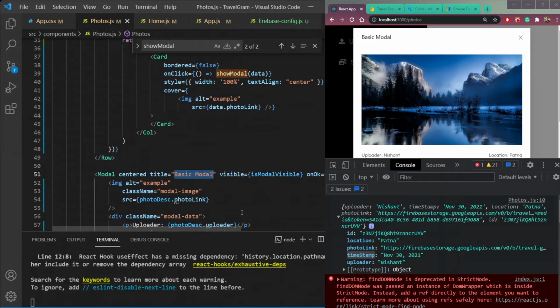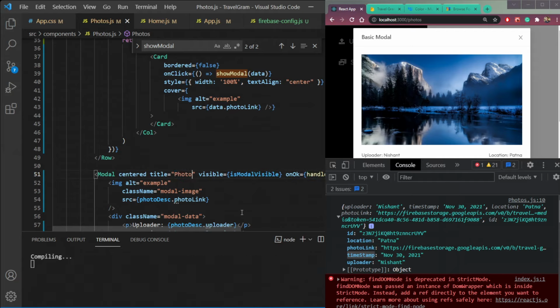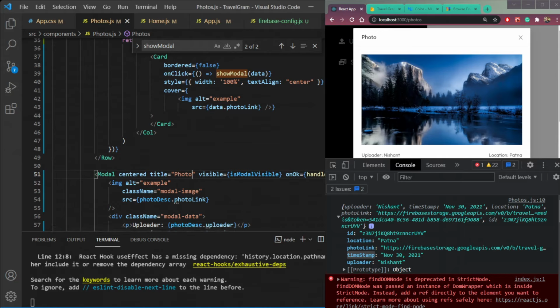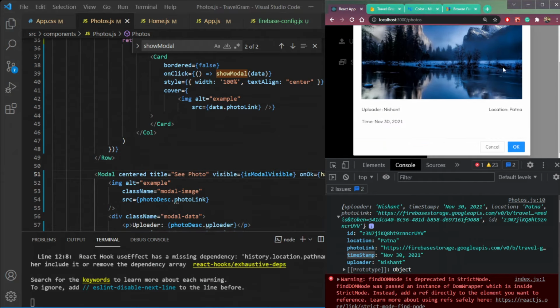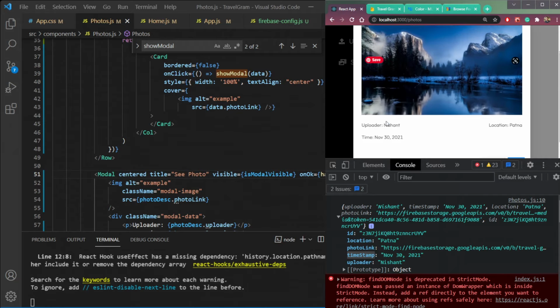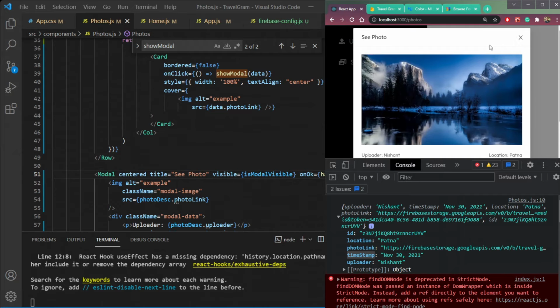Let's say the photo, simple photo. Okay, or C photo. Fine. So we need one more thing here, a delete button or one delete icon.